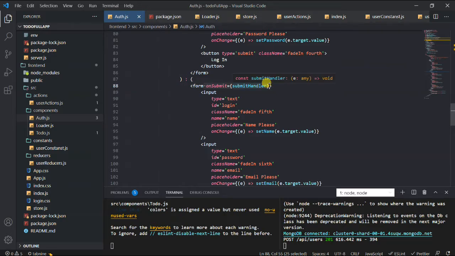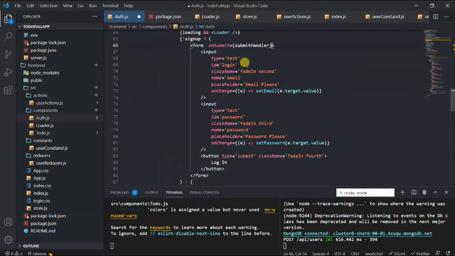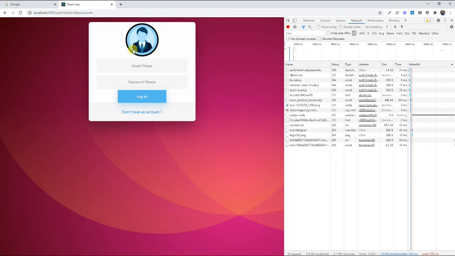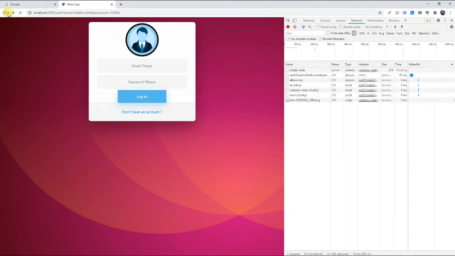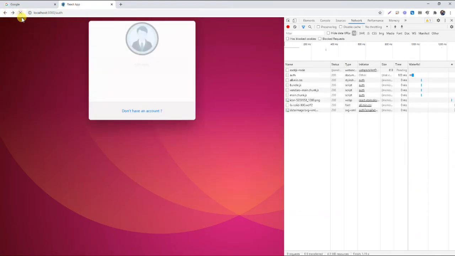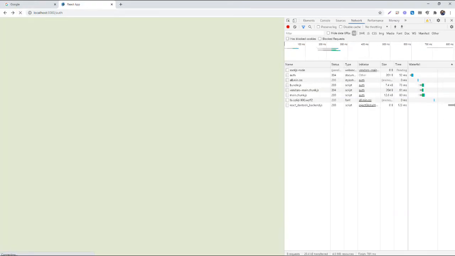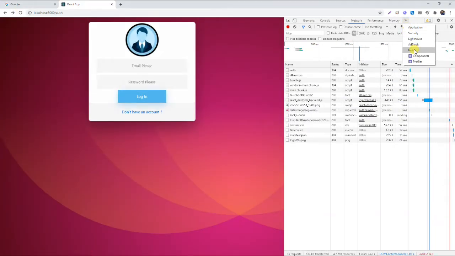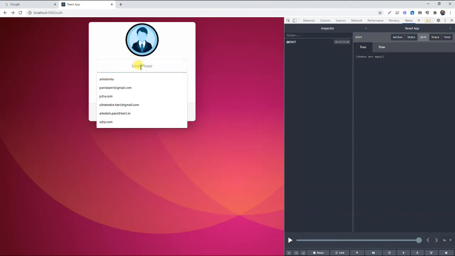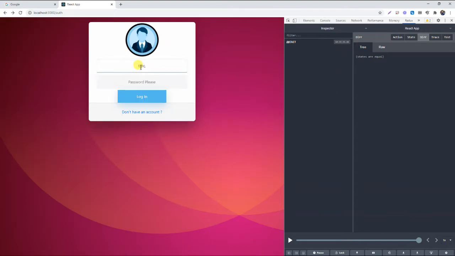Okay, on submit I actually forgot to put here. Now you can open Redux. Now put email t@c.com. See login request, then login failed. Okay, invalid user and password it will come. So